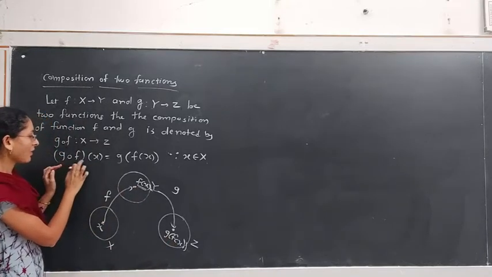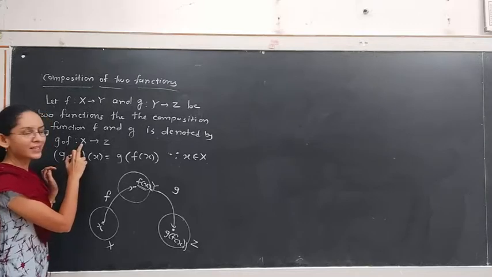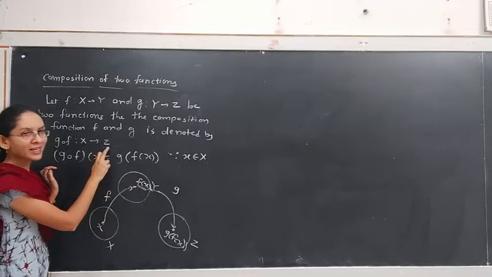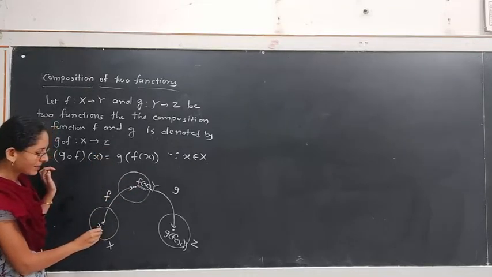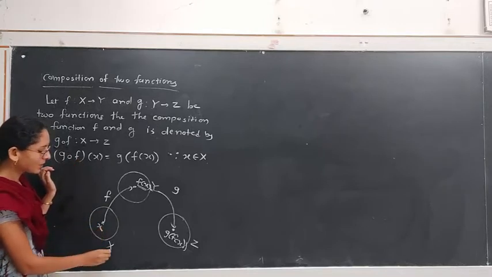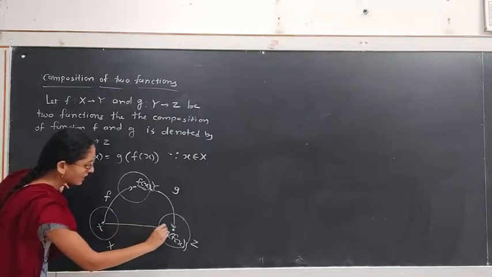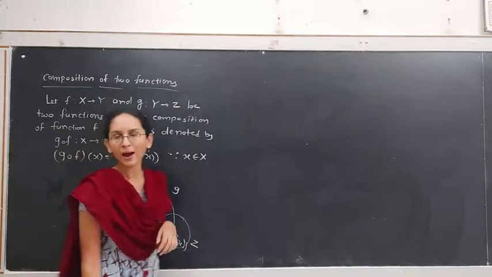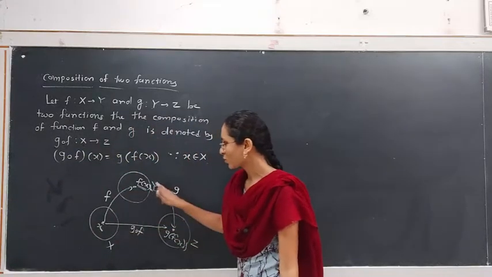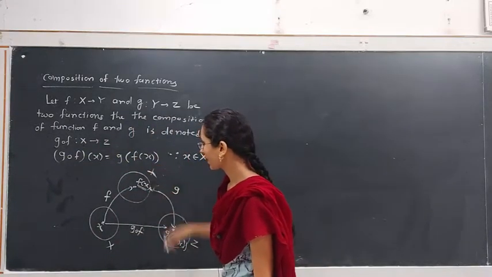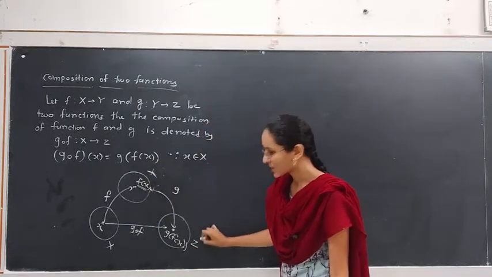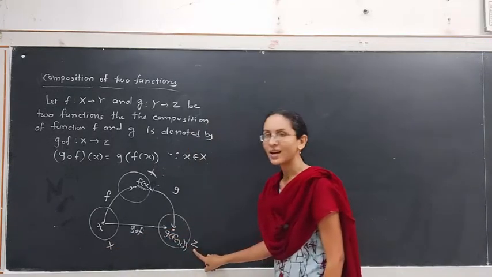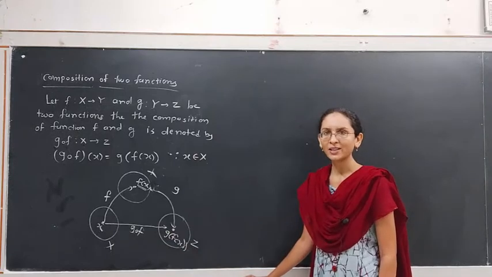It means g∘f takes the element from the set X, that is small x, and maps it towards an element of set Z. Taking this element, the g∘f function takes this element of set capital X and maps it to the element g of f of x. This is what the mapping g∘f means. If we have function f from X to Y and g is a function from Y to Z, then g∘f is a function from X to Z. That is called the composition of the functions f and g.